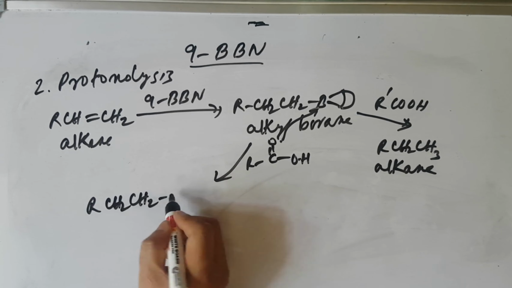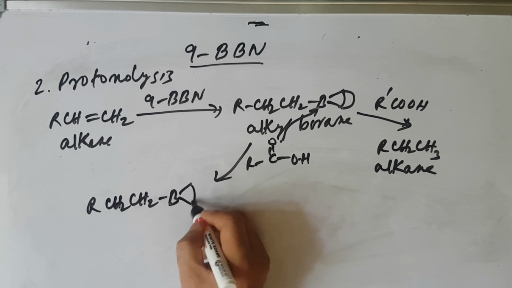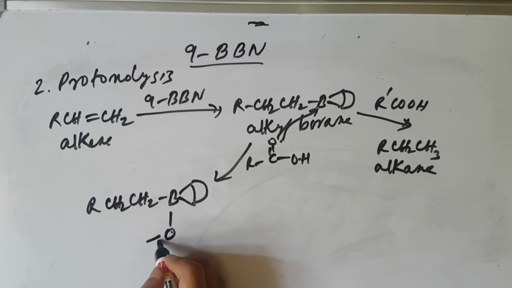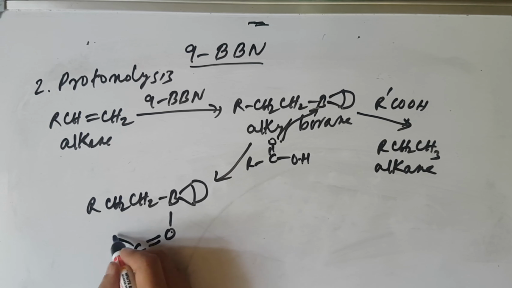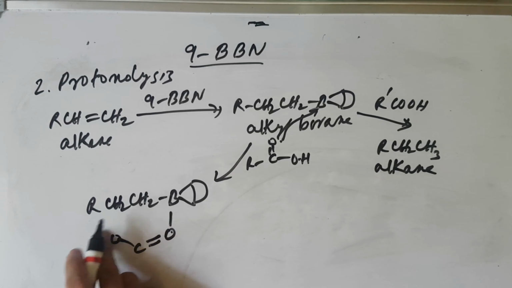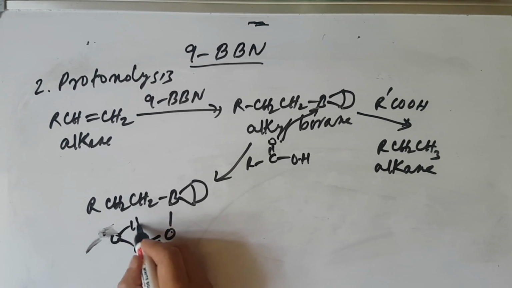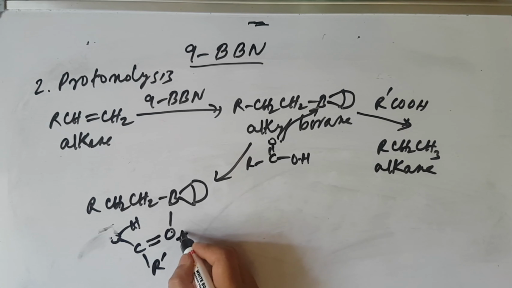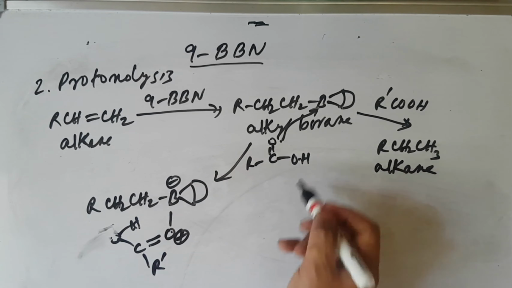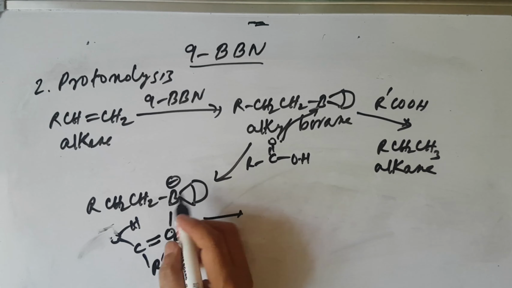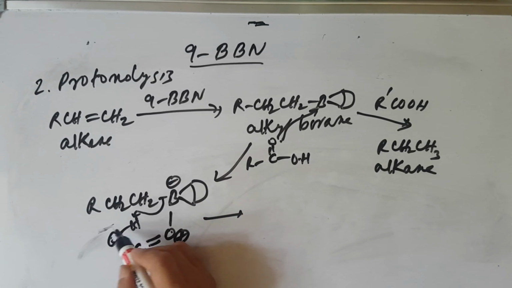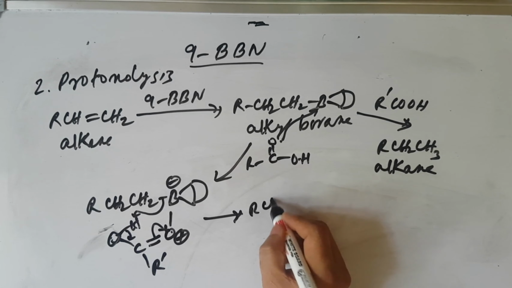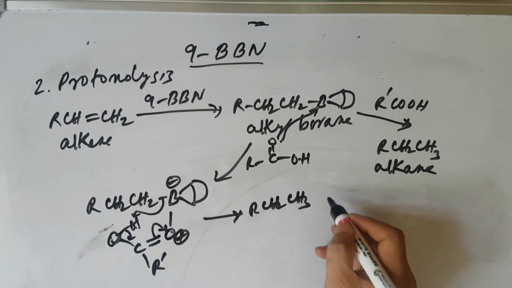The reaction goes like this: CH2, CH2, B. Then here oxygen double bond C and OH, then this R prime. This is the acid part. Now this positive charge and this negative charge attack here, and it picks up the proton. So you get RCH2CH3, an alkane, plus